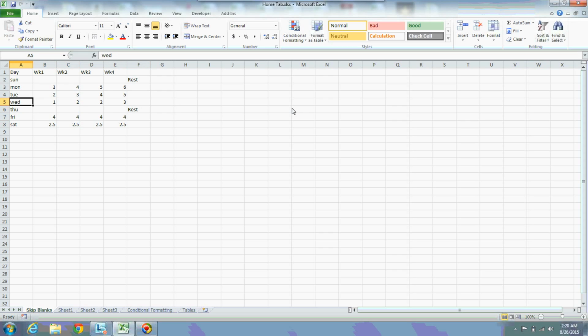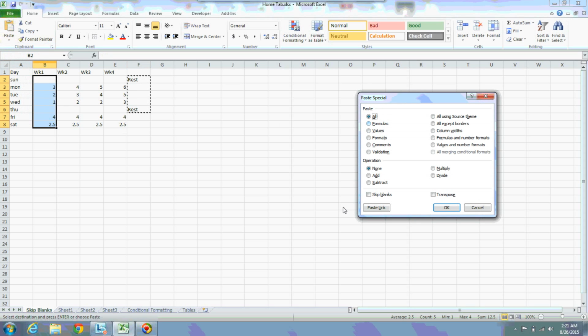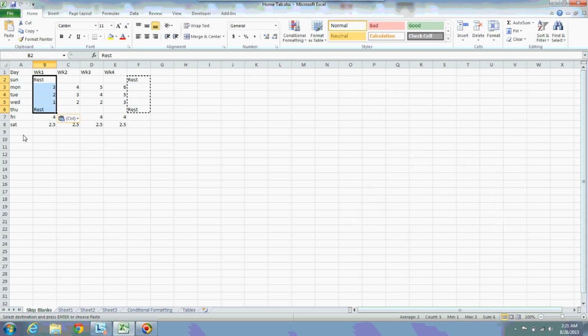But for some days I have not attended due to those are rest days. I want to fill wherever blank is there. I want to fill rest. How can I do this one? There is some description at the end that is called rest. What I'm going to do is I'm selecting this rest and copy these values, and I'm selecting from cell to cell. Then I'm using paste special and skip blanks. Now it is exactly copied wherever blank is there.